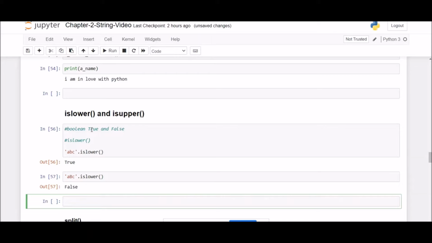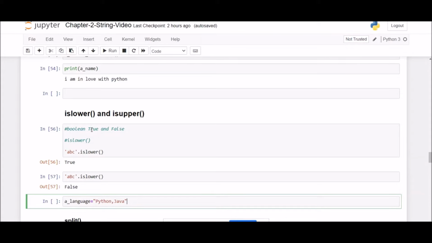Okay, now let us declare a variable, language. This variable will store Python. Actually, it will store Java. Now this string contains both lowercase and uppercase. This J is uppercase and every remaining character is in lowercase.